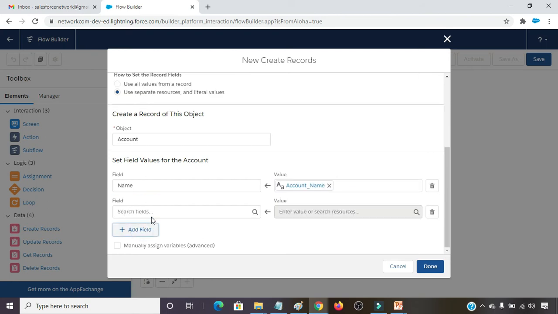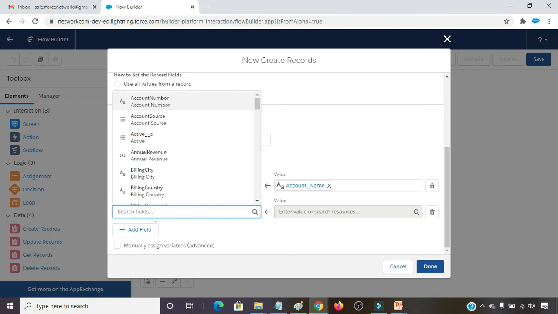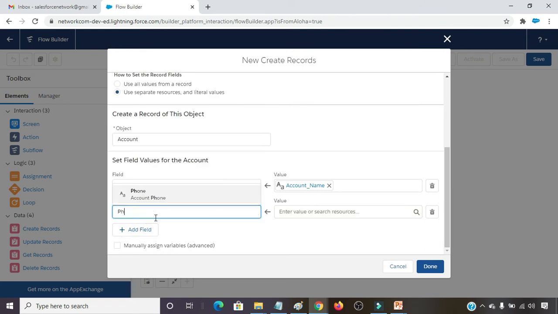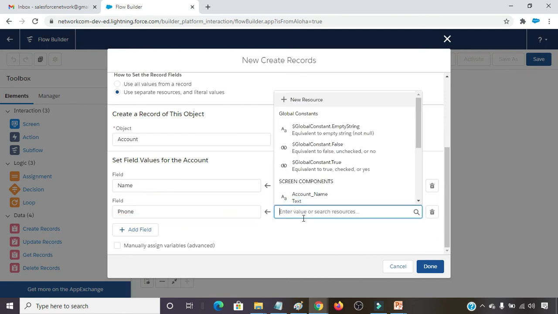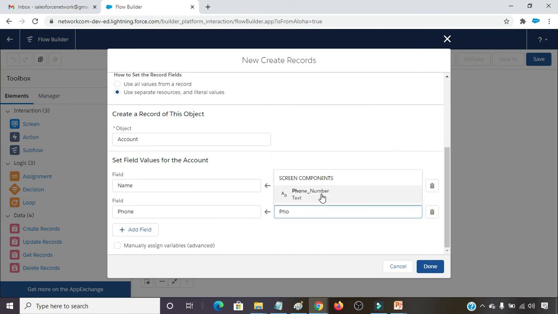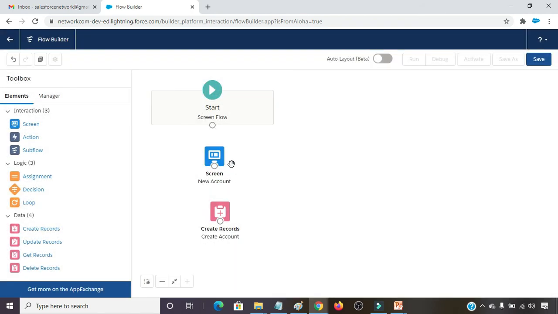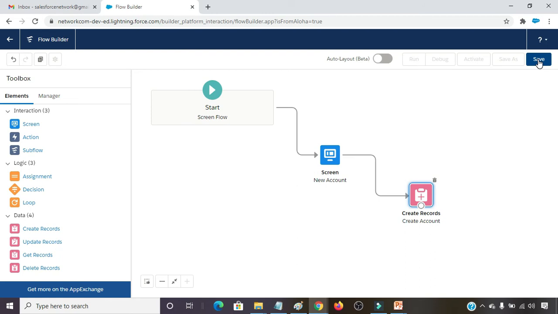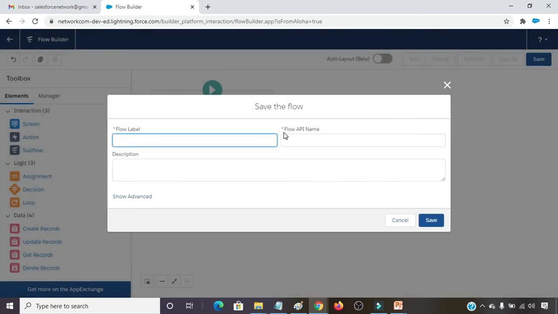Click on add field. Select phone and here phone number. Click done. Connect the elements. Save the flow by the name flow account.